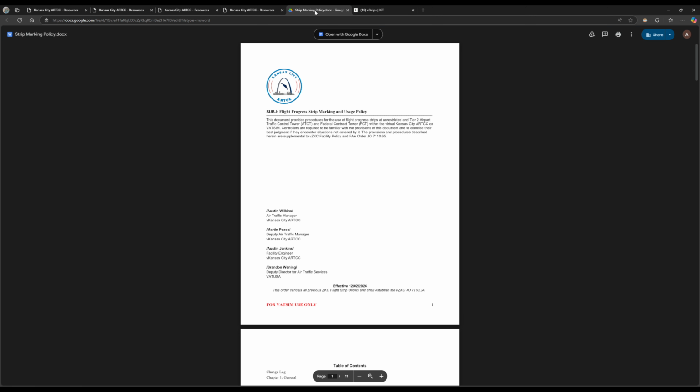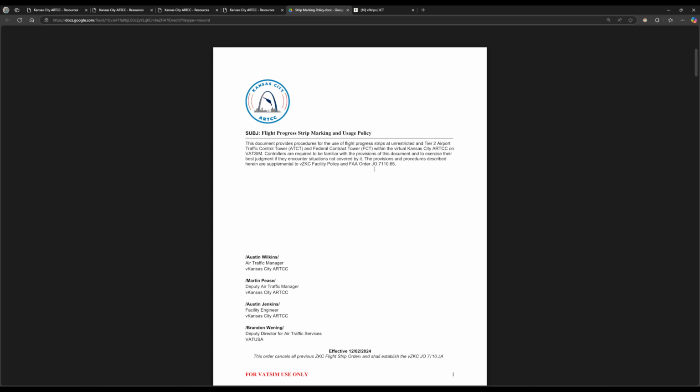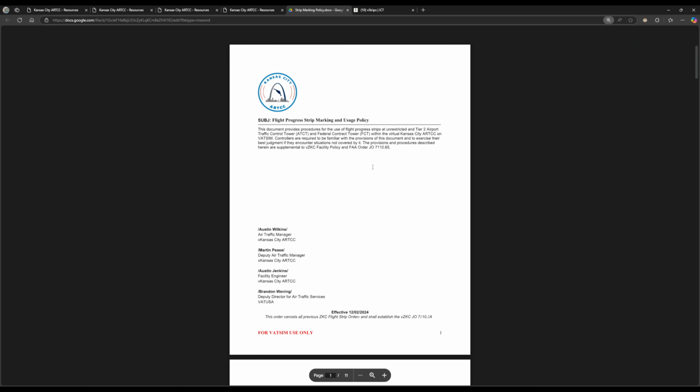The strip marking policy was a project assigned to me by our air traffic manager, Austin Wilkins, and the rest of the senior staff, to be developed as a means to standardize strip marking within ZKC for all airports and covers certain procedures that are generally important to working positions,